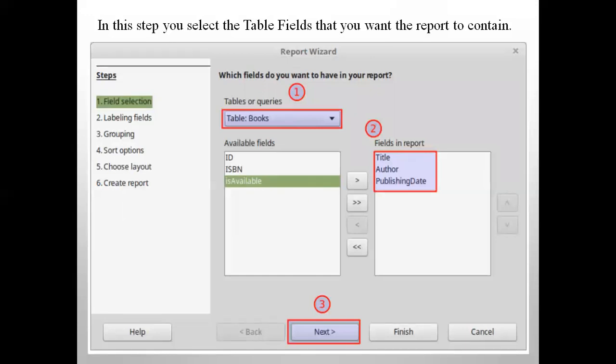Here you have to select the name of your table and all the fields from the table will appear here. Click on one, click on this button. Click on the second, click on this. So all the fields which are to be shown in the report will be shifted from here. And after shifting the fields, click on the Next button.